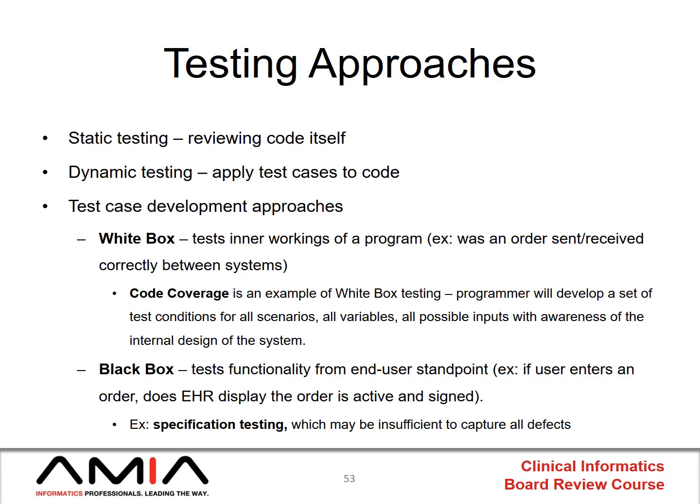The code coverage exhaustive approach to testing that line of code would include the scenario where the age is less than 12, where the age is greater than 12, where the age is equal to 12 because maybe they forgot the boundary condition, where the age was null, where the age was accidentally a character string and not a numeric value, where the age was represented as a date and not as an integer,